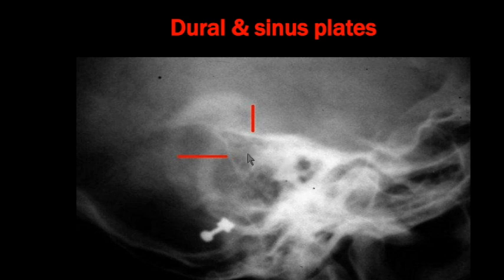Had it been healthy, you would have seen more blackish areas with intervening septa. That is known as a well pneumatized mastoid. Pneumatic means what? Air. So air is present in the mastoid, which is good. So a well pneumatized mastoid with intervening bony septa is healthy. This is not a healthy thing.